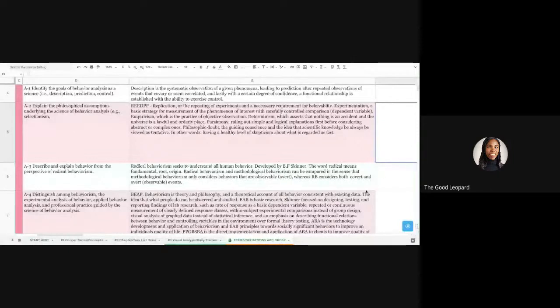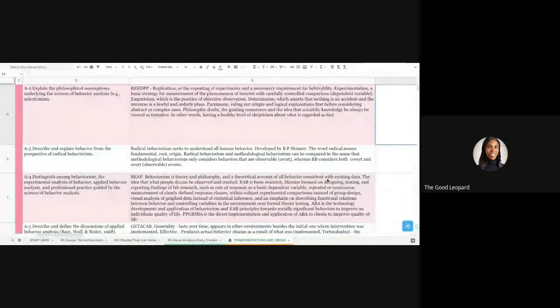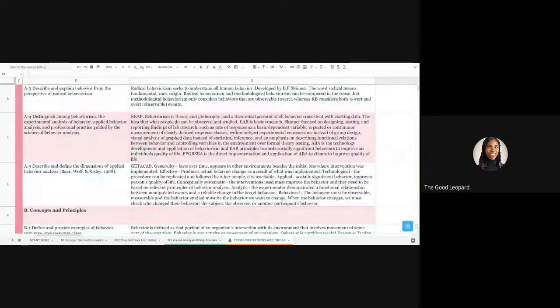A3, describe and explain behavior from the perspective of radical behaviorism. All right, so most of us probably recognize radical behaviorism as a theory by B.F. Skinner. The word radical means fundamental, root, or origin. I just put that in there because it helps me remember that it's all encompassing. And this can be compared to methodological behaviorism because radical behaviorism considers both private and public events. So both overt and covert